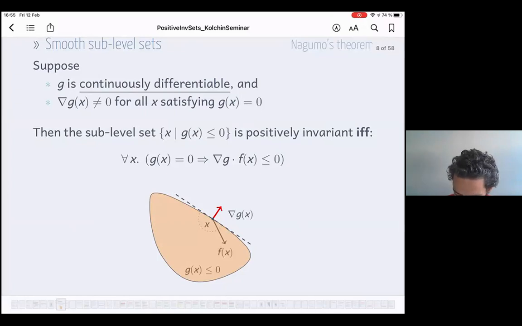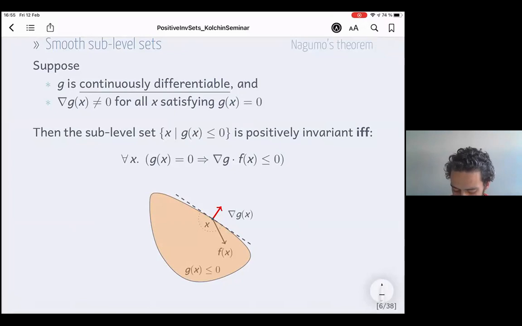For instance, if you take a continuously differentiable function g, and you consider the set S such that g of x is less than or equal to 0, then this is a closed set, so I can apply Nagumo's theorem, and it tells me that if, for all x on the boundary, the vector field is pointing inside or is tangent,